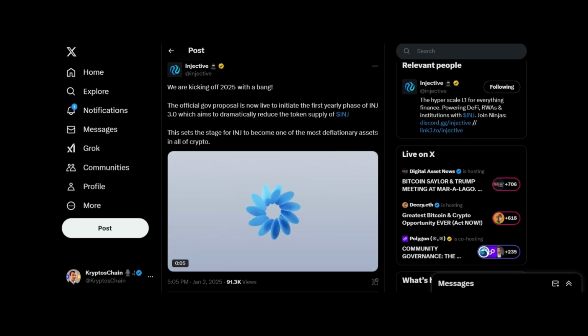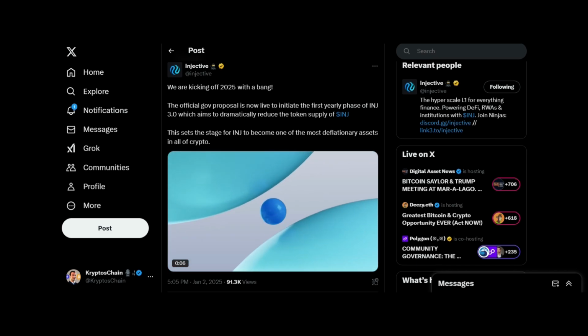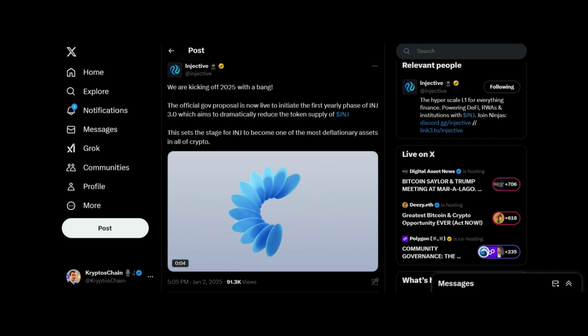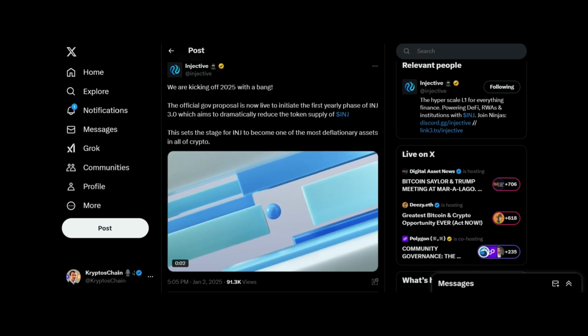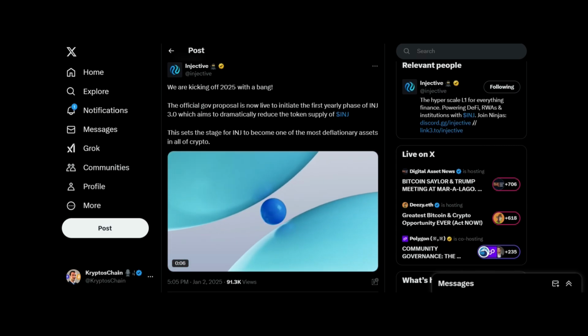Injective have announced Injective 3.0 is due to launch. It's in the very first phase. There has been a proposal launched already. It is live right now, so you can actually vote on it. Of course, it is going to pass because it's bringing a ton of benefits to Injective holders, and it may also attract new people who don't currently hold Injective and may be interested in it, hence why the price is